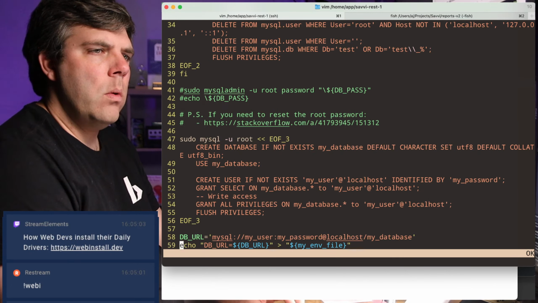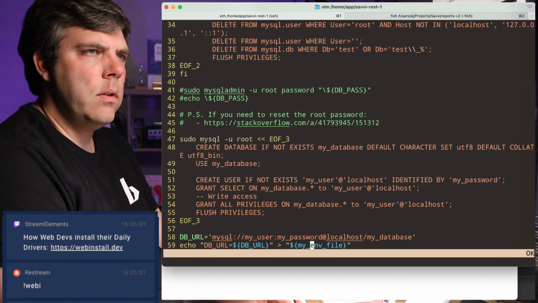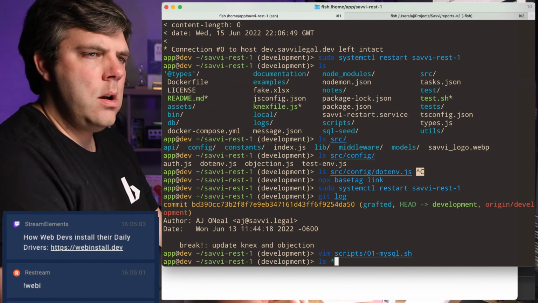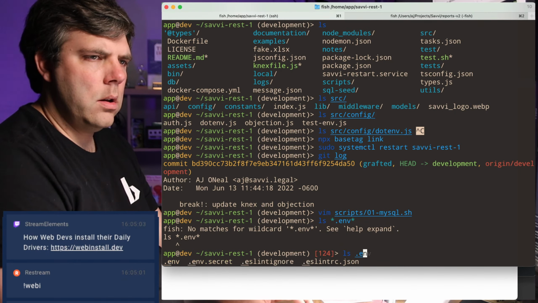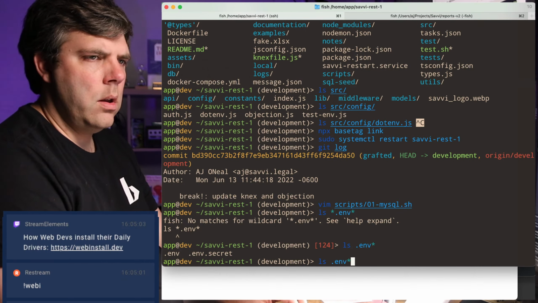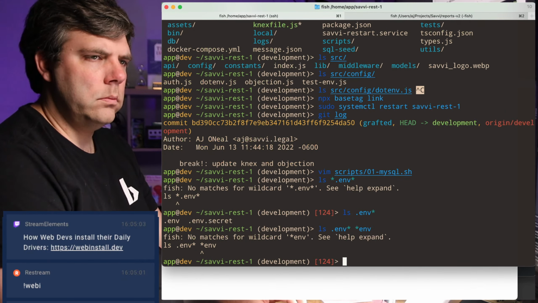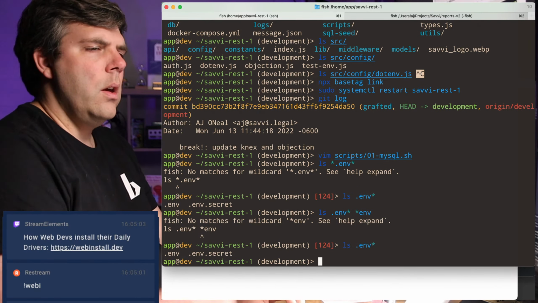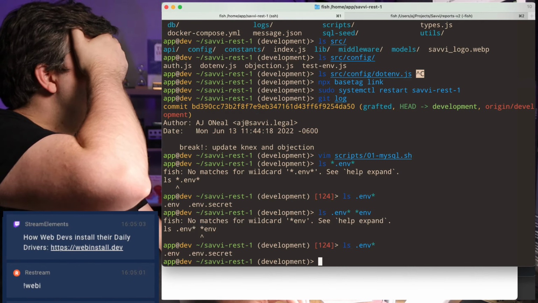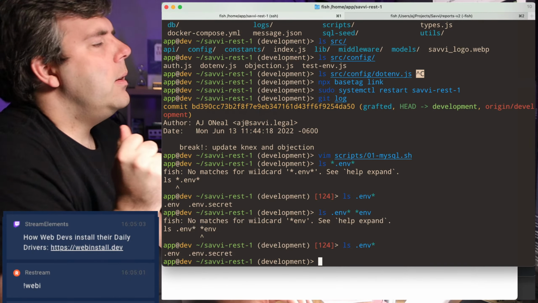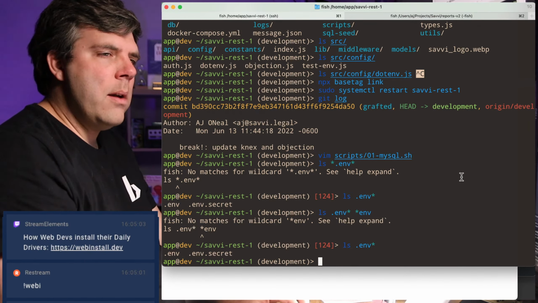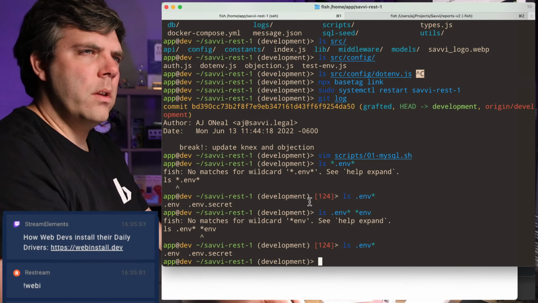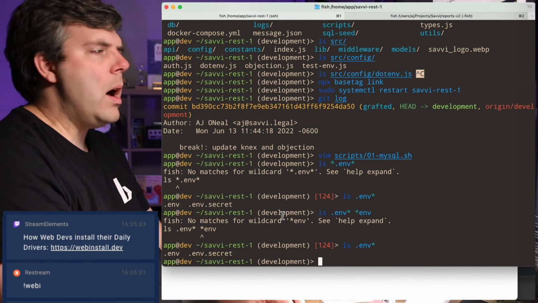Okay. Where is the env file? Okay. Star.env star. What? Okay, there we go. All right, this is a little bit weird to me because what we've got going on right now is an issue of the wrong environment variables here, but I don't know why.